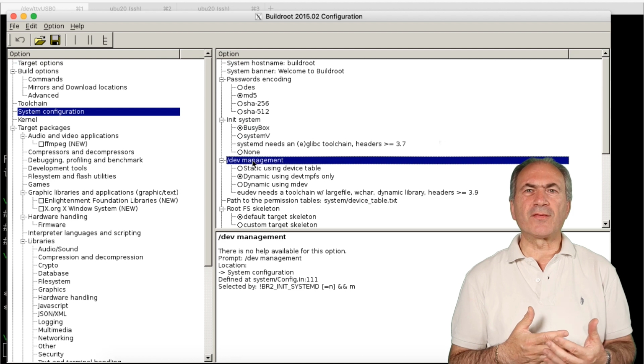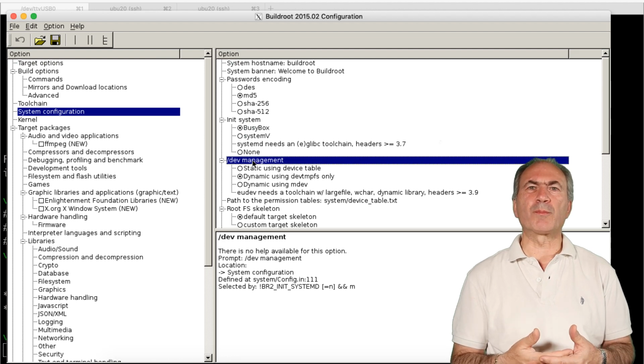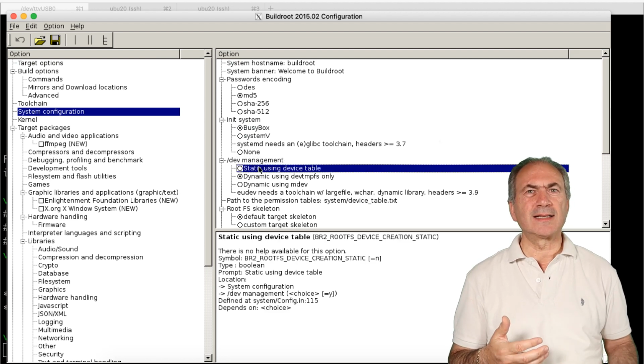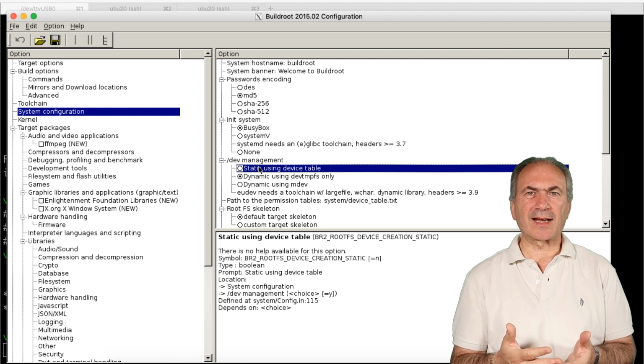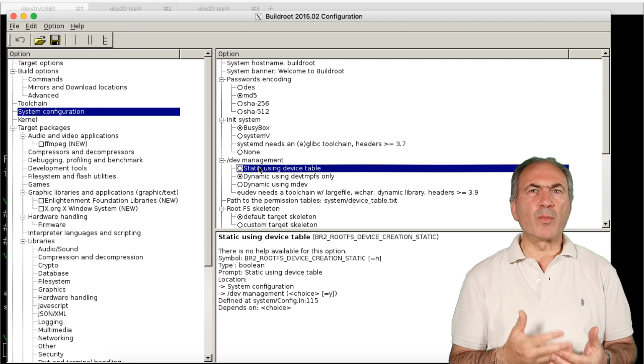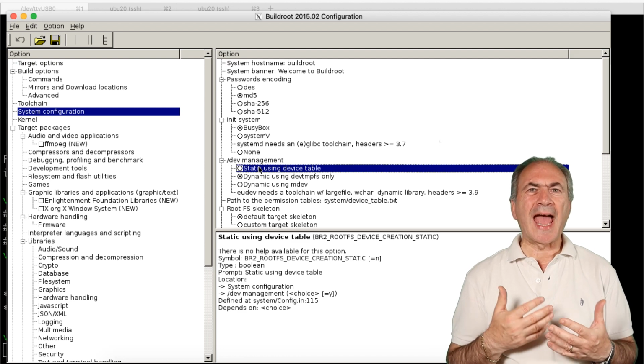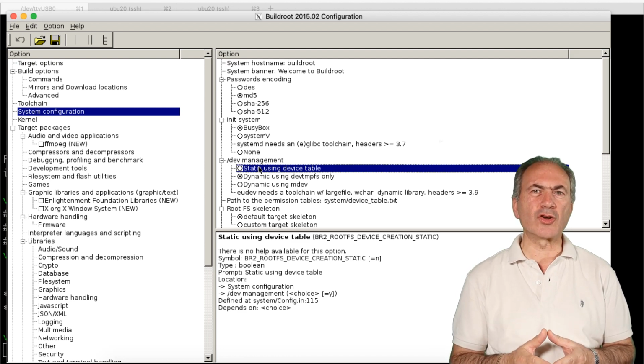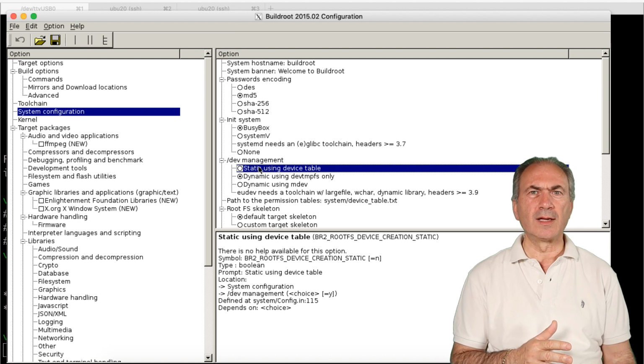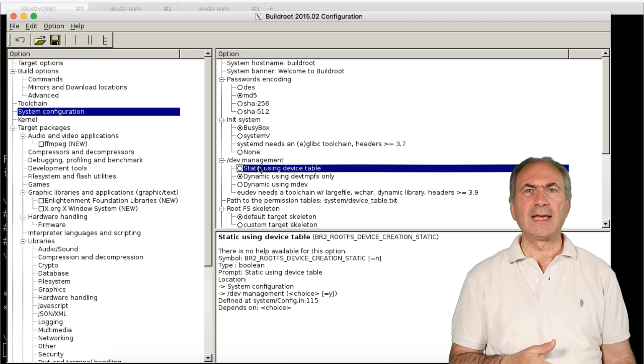As /dev management, we have three options. Static means that the device directory is statically populated when we build the root file system image and will not dynamically change when adding or removing a device in the system.